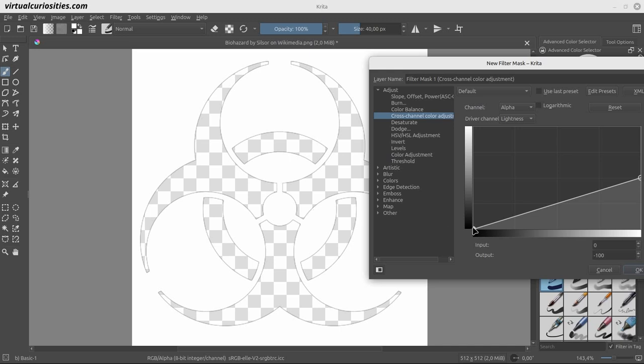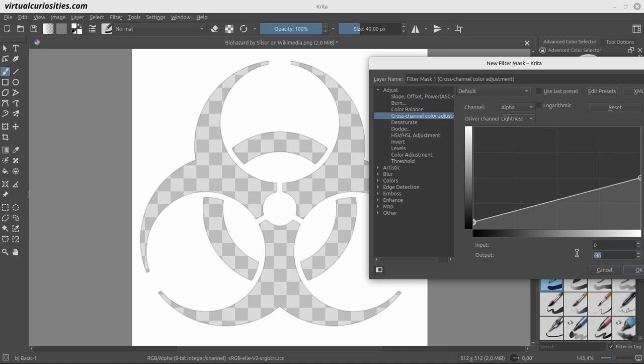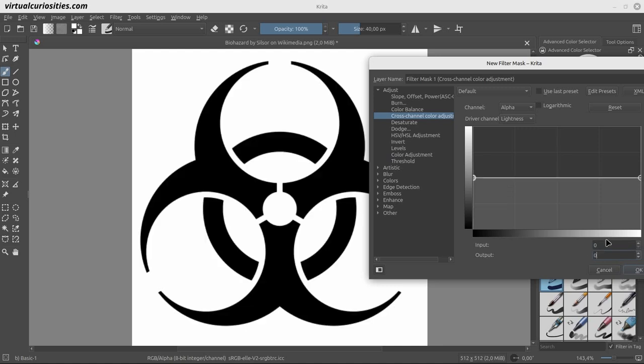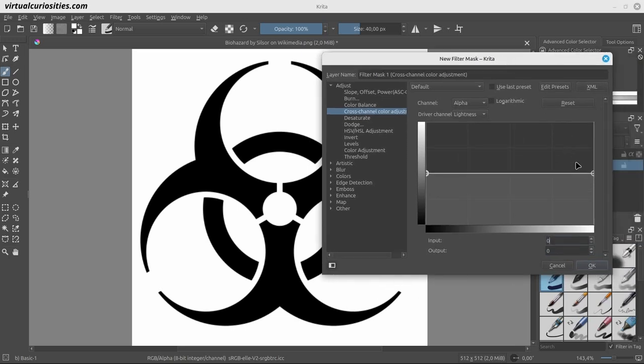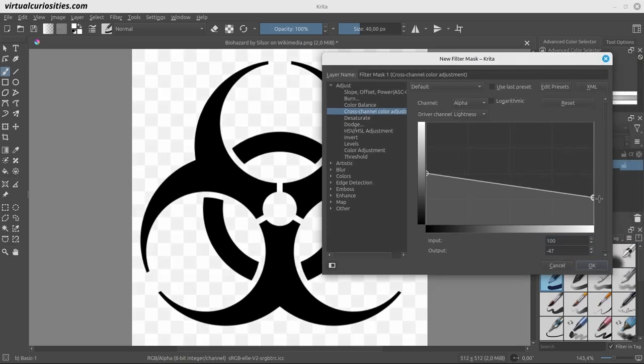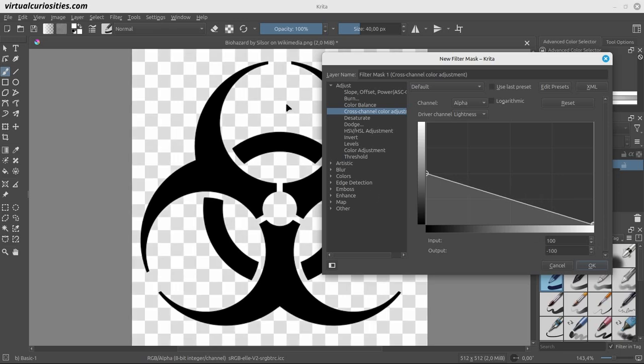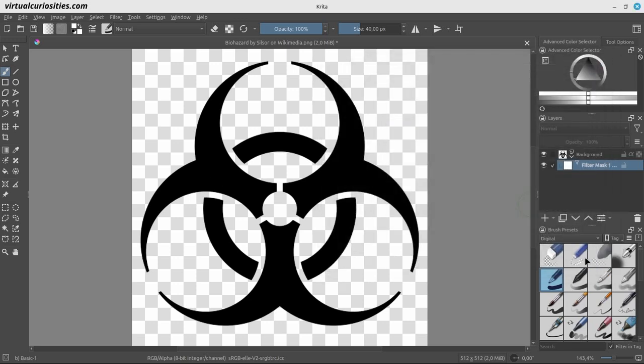We can reset this control point by clicking on it and then typing 0 in both input and output properties. This means that when lightness is 0, there is 0 change to the alpha. Now we'll drag the right control point instead, so that when lightness is 100%, there is negative 100% change to the alpha, which is going to make a pixel with 100% opacity become fully transparent. We click OK to finish adding the filter mask, and at first glance it looks like we're done here, but